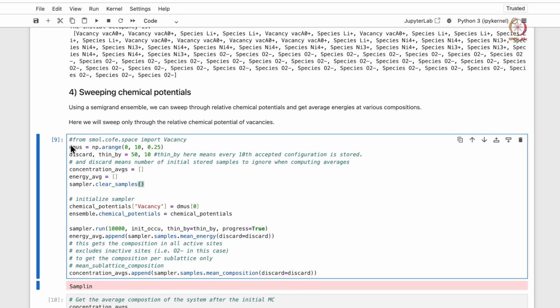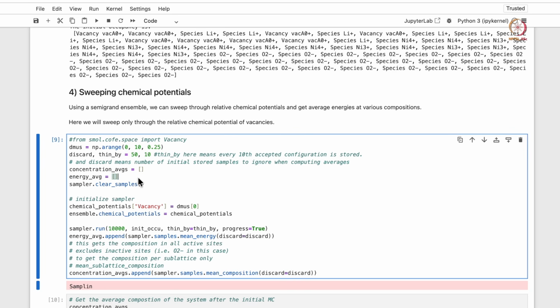We have defined a range of chemical potentials from 0 to 10 with a step size of 0.25, and we have defined some parameters: discard is 50 and thin_by is 10. What is thin_by? It means every 10th accepted configuration is stored. The discard means the number of initial stored samples to ignore when computing averages, and we are storing those averages here, the concentration average and the energy average.